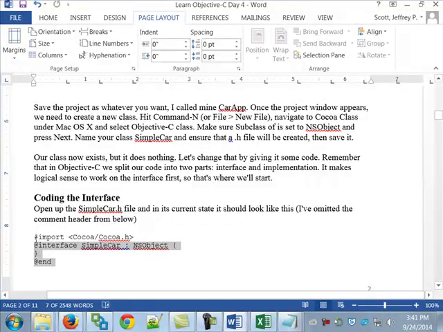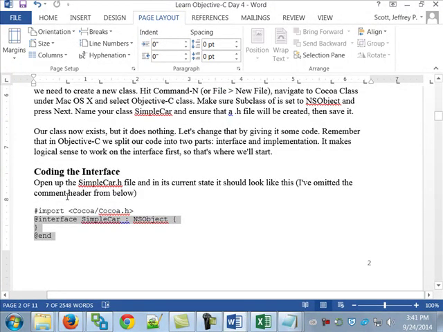All right? And it does the same kind of thing as far as building a template in the implementation file. Every single time that you create any kind of program in here, other than just a simple C program that you're running, you're going to have 2 files. One's called simplecar.h. And you go, well, yeah, the other one's simplecar.c, right? No. For whatever reason in this language, they didn't call it .i, but the implementation file has got a .m